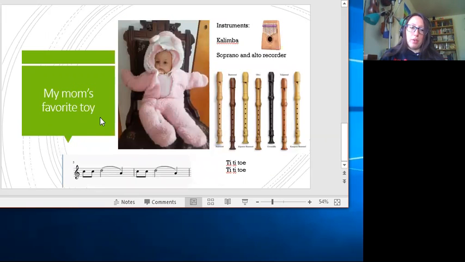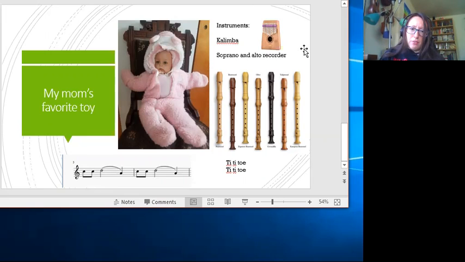And this is my mom's favorite toy. She sent me a picture. It's a doll, and its name is Elizabeth. You can't see because it's wearing a hood, but her cousin, I'm pretty sure it was her cousin, cut its hair off. It had hair, but her cousin cut it off. Not very nice, cousin.